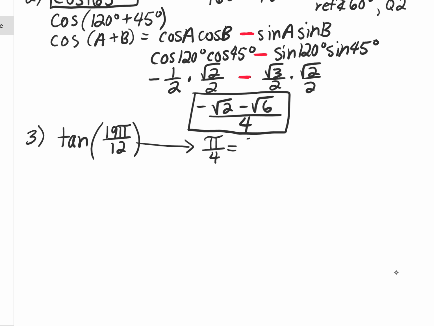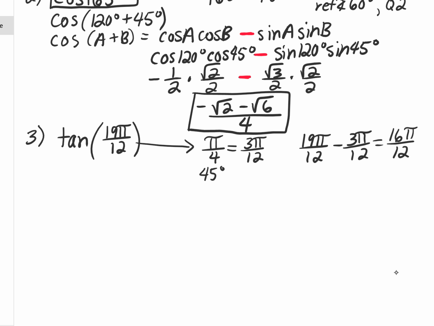So I want to make this a common denominator as 3 pi over 12. Then I can do the technique that I did in number 2. Take 19 pi over 12, subtract off the 3 pi over 12. Remember, pi over 4 is our equivalent to 45 in radian measures. If I subtract that off, I get 16 pi over 12,